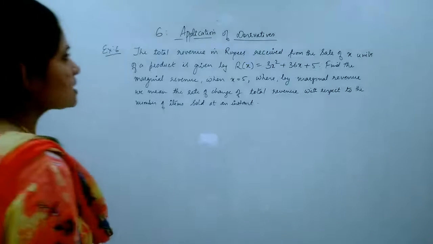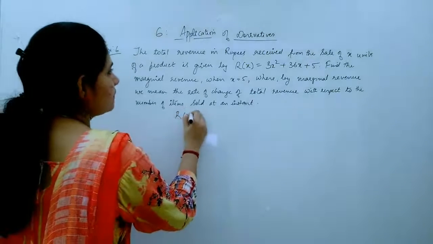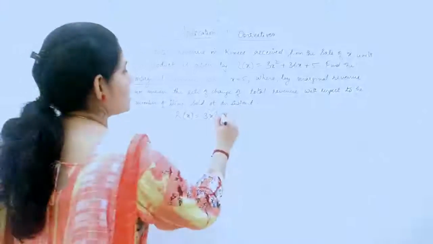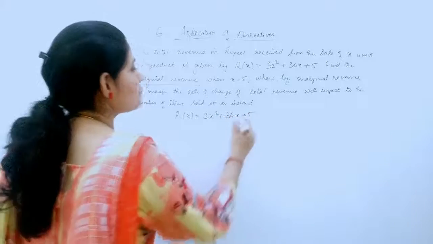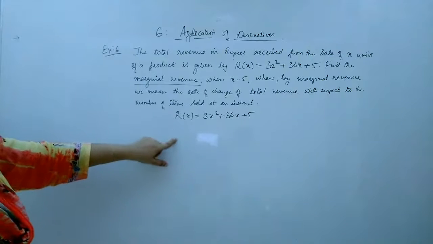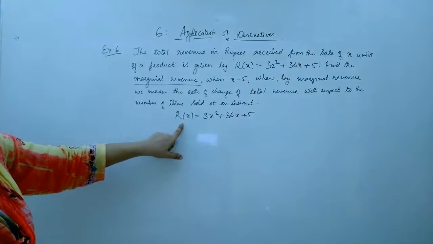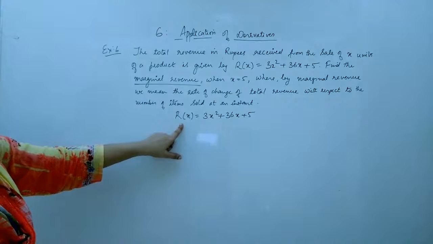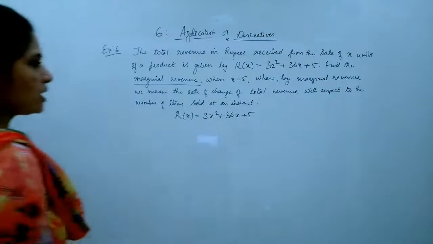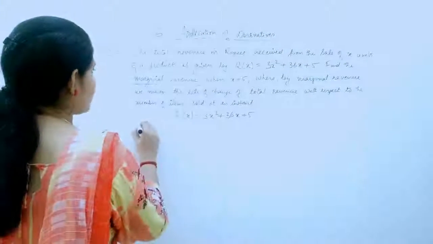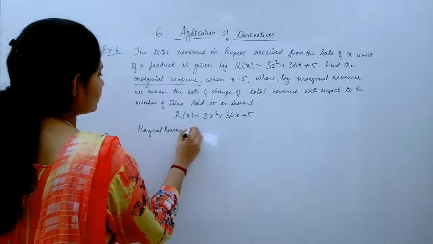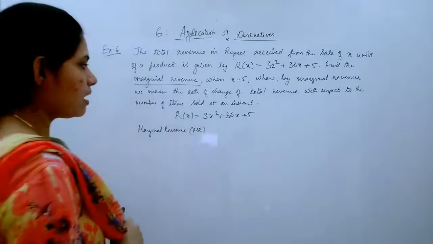So again R of x, the total revenue, is given, and you have to find the marginal revenue. And anything which is marginal, you have to just differentiate the given thing. If it is revenue, you will get the marginal revenue after differentiating R with respect to x. If it is cost, you will get the marginal cost after differentiating the cost with respect to x. Okay, so R of x is given like this. Your marginal revenue, also noted as MR, will be